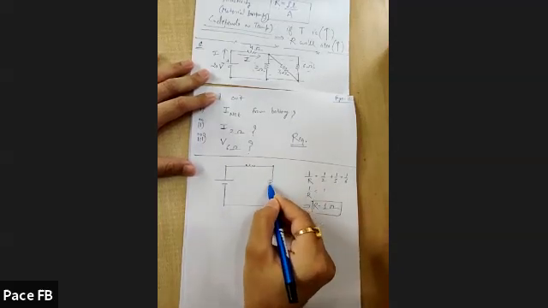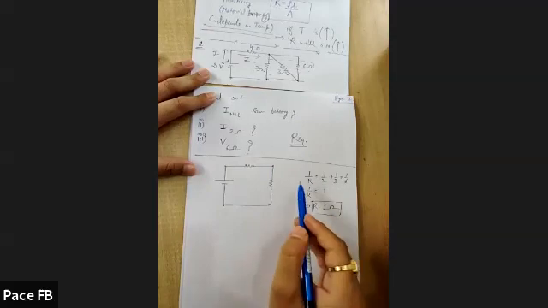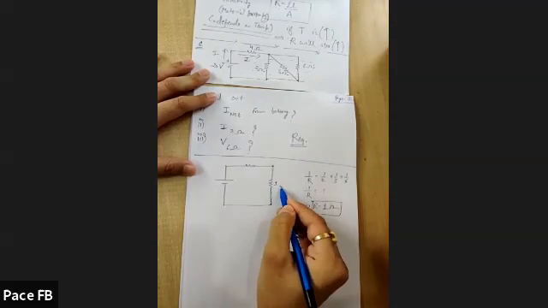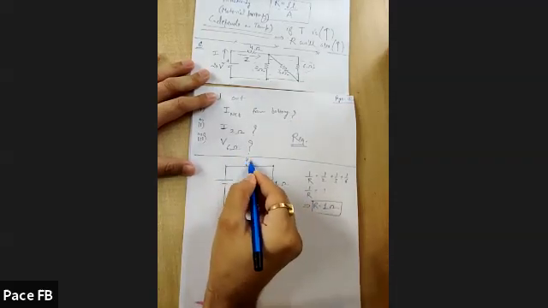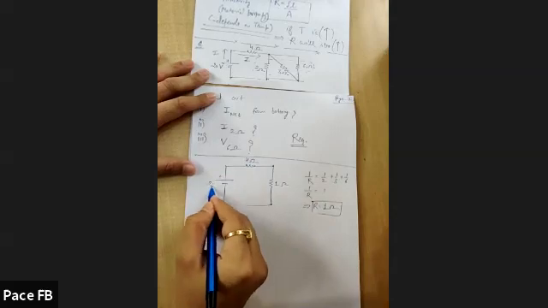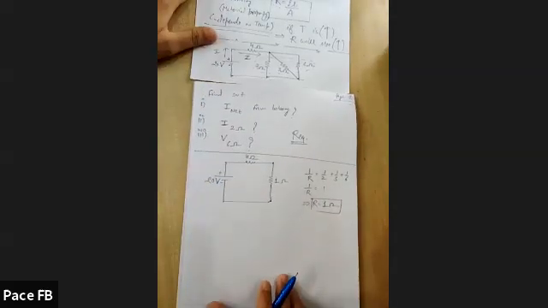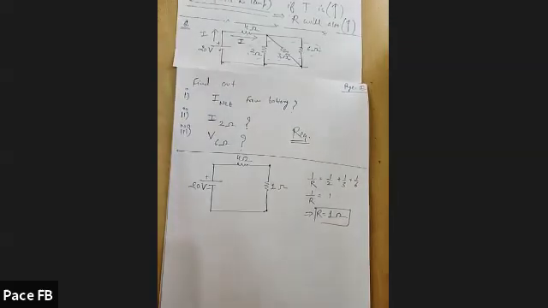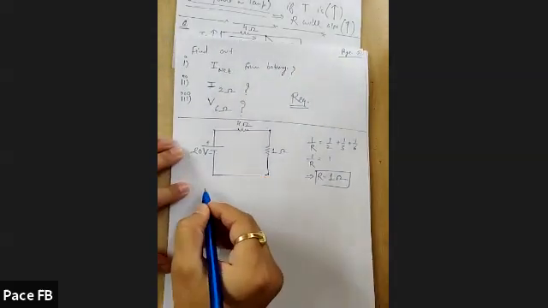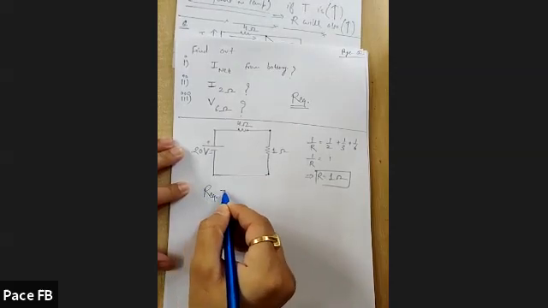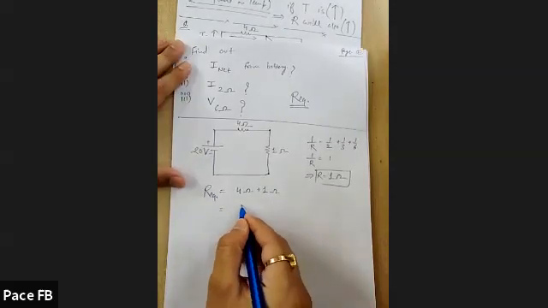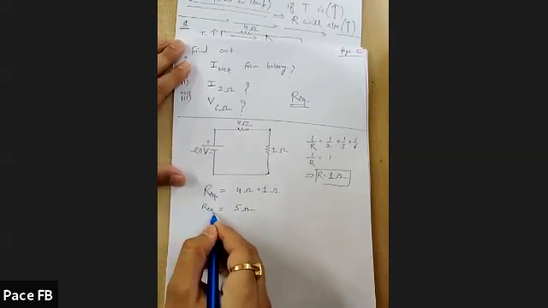So now you can apply the equivalent of these three between these 2 points. That comes out to be 1 ohm, and this one is 4 ohm, and this one is 20 volt. Now can you see 4 and 1 are connected in series? So now what would be the final R equivalent? Final R equivalent of the circuit would be 4 ohm plus 1 ohm, that is equal to 5 ohm. So this is the final R equivalent.